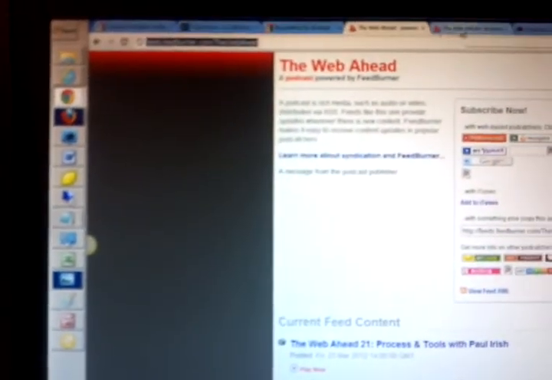So this is feeds.feedburner.com/thewebahead. That's what I will enter in this field here, preceded by HTTP, which is always required before a URL. And then you enter the FeedBurner address there. I'm not going to do it now because I already added it. So there's the URL. It pulls all the same information that's available on their website right here,